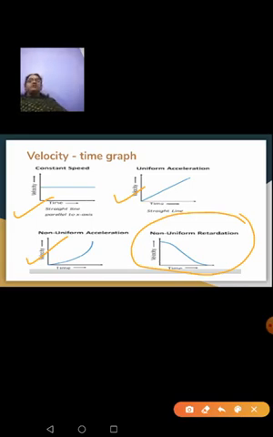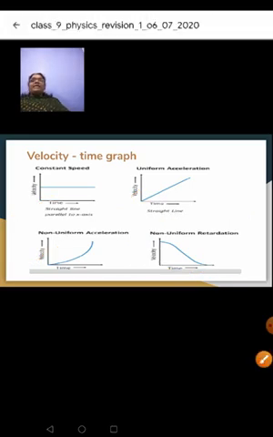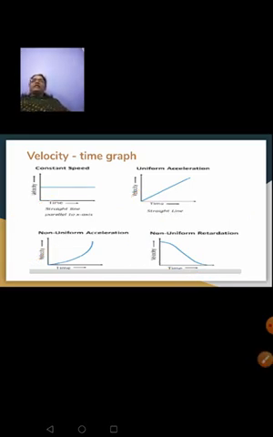With this we are coming to an end of today's revision session. Please learn all the definitions like what is motion, what is velocity, what is speed, what is distance, what is displacement, acceleration. SI unit, again I'm telling you, is very important. Graphical pattern, distance time graph and velocity time graph. These things you have to learn thoroughly.